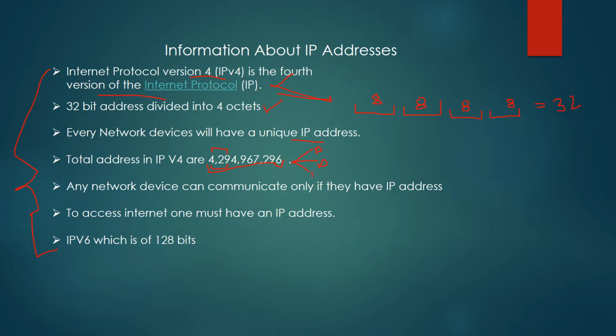So this number is increasing like anything, and people are using the internet very fast in this network world. At the time when IPv4 was developed, people were not aware that the internet was going to be this popular and that we would use it this much in the future. That's why we made the IPv4 version at that time. But now we have realized that this is going to be short, this is going to end at some